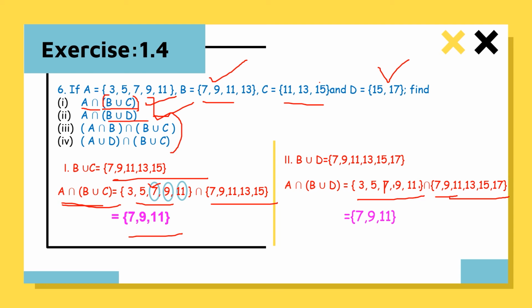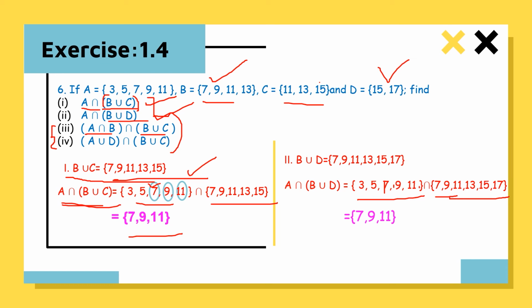Third and fourth questions are going to be your task. You will tell me the answer to this. So how will we find out the third and fourth one? First you find out A intersection B. We have already found this. B union C also we have already found. Here we have it. So with those two sets, find the common element. B union C set I have. A intersection B also we have already. What is common in both these sets you need to identify.